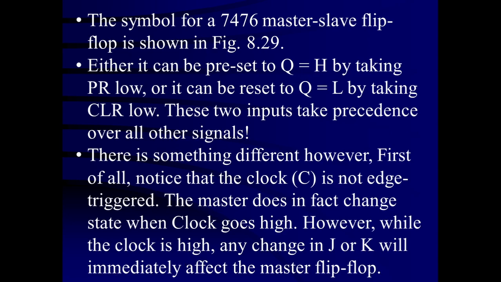So when the clock level is high, the master is enabled, or the master is transparent to its J and K inputs. If there is a set condition, the master is going to be set, and if it is a reset condition, J = 0 and K = 1, the master is going to be reset. If it is a toggle mode condition, J = K = 1, the master is going to toggle while the clock level is high. So this particular flip-flop is not an edge triggered flip-flop. It does not bother about the edge, but it depends upon the level of the clock pulses.